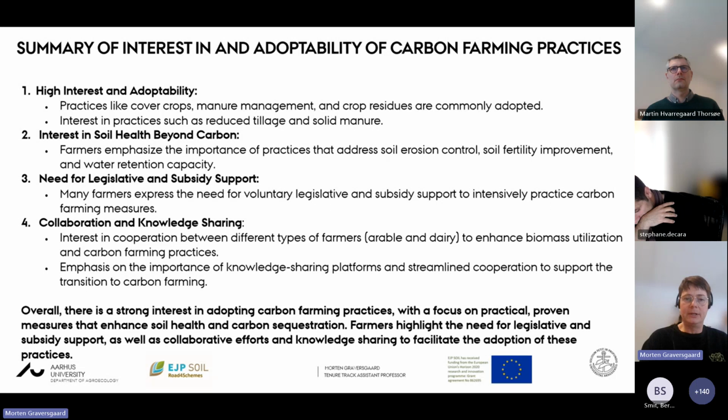We found an interest in soil health beyond just carbon farming, and many farmers emphasize the importance of having practices that address multiple benefits, both soil erosion control,